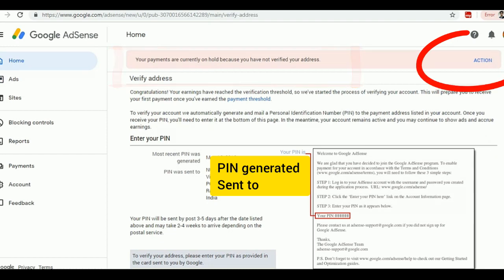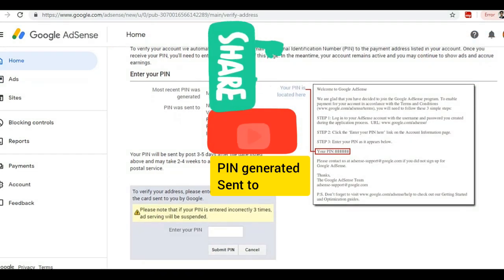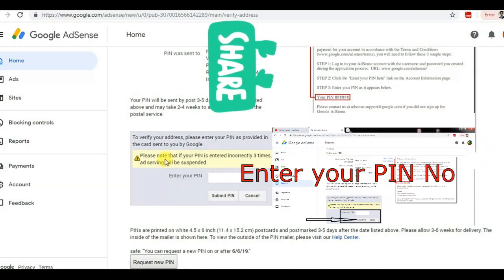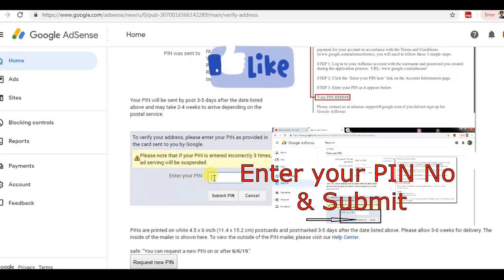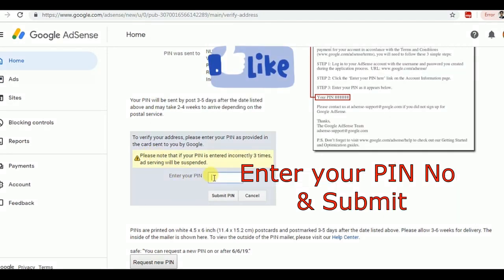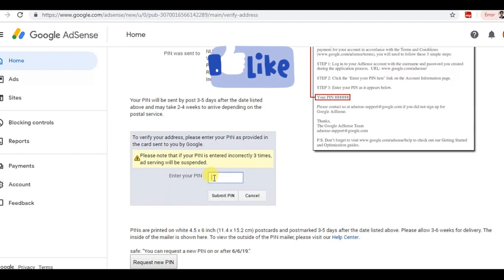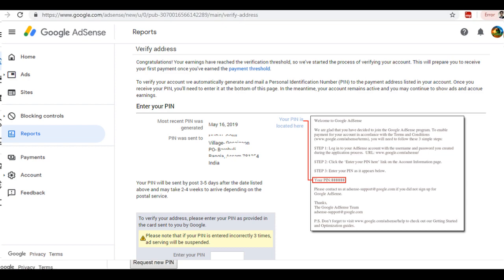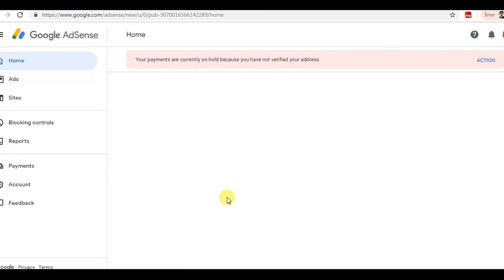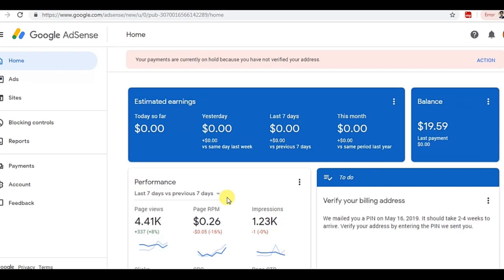Click on the action button, same as the identity proof process. To verify the address, you have to enter your PIN number. Your earning is only on the basis of ads on your videos, not based on the number of views on your video. You can see all details of your PIN number, when generated, date and month. Here the PIN was sent to the address which we entered, so enter your address very carefully, and after getting the PIN number,